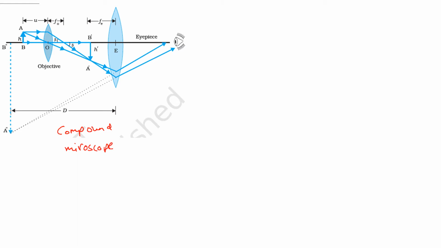Now we had a simple microscope, but still why is there a requirement for compound microscope? That is for higher magnification. The limitation of simple microscope is that it can magnify only up to 9 times or a maximum of 10 times. You know what the magnification of simple microscope is? That is given by D by F. So if you want to increase the magnification, you need to decrease the value of F, because D is constant, that is 25 centimeter for a human eye.